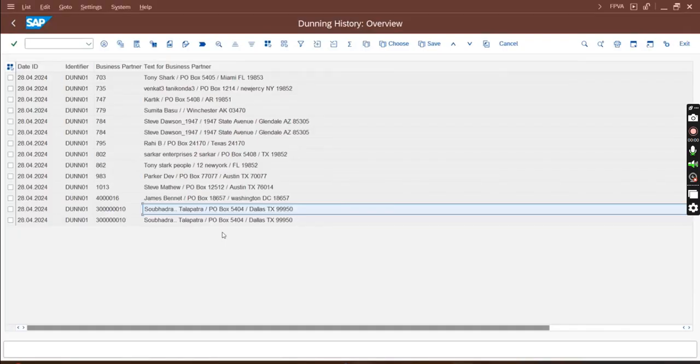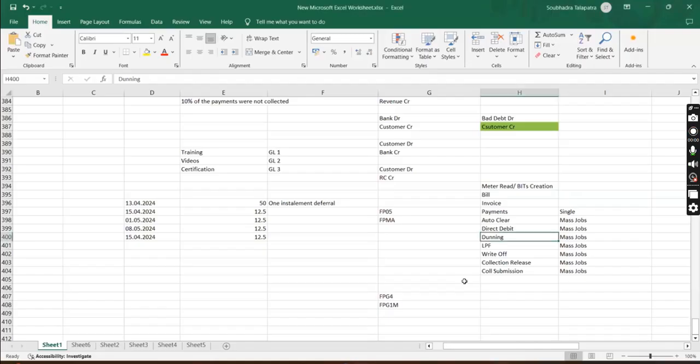In production or quality, if performance is fine, you have to schedule the batch the same way. I did this for dunning, and likewise for all batches I mentioned: auto clear, direct debit, late fee, write off, collection release, collection submission.